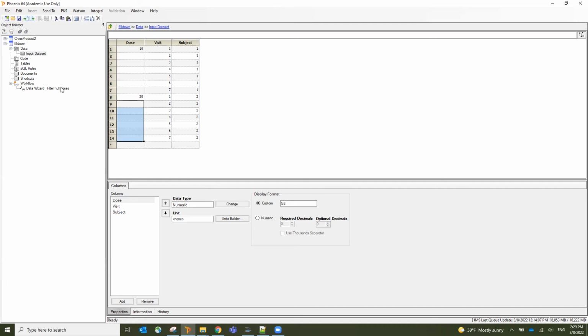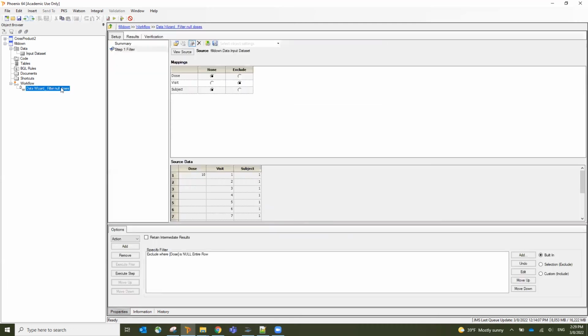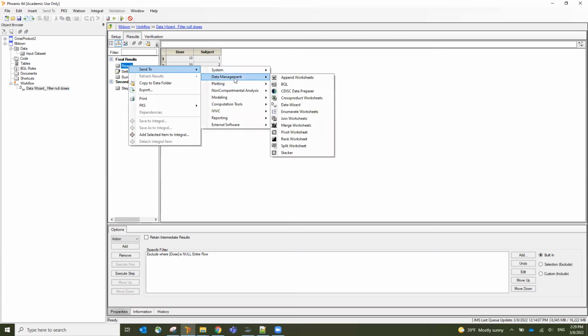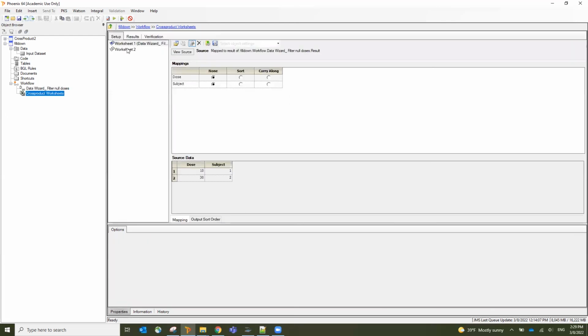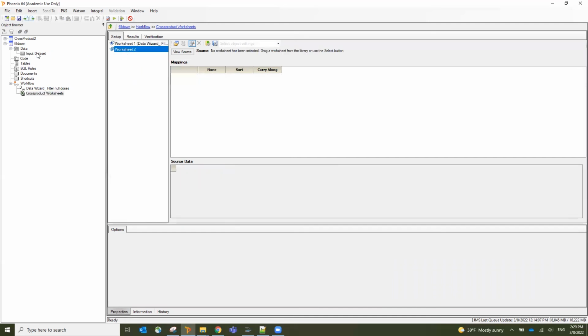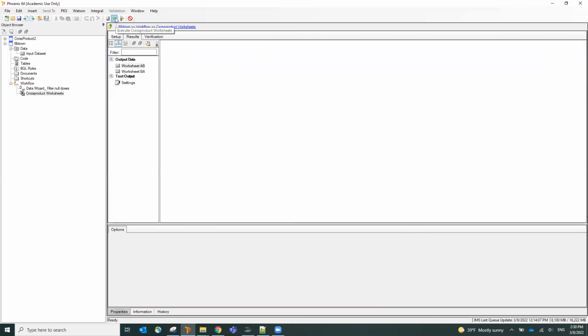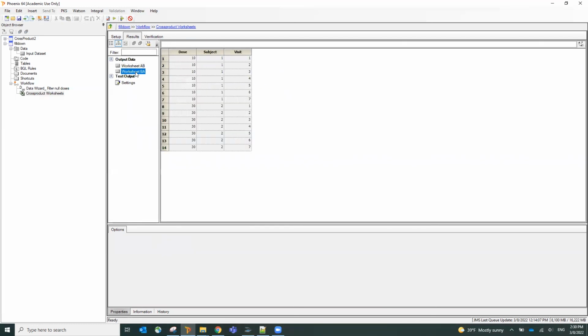To accomplish this, I first need to run a data wizard that filters null rows. And once I have this, the output is simply 2 rows, the ones that are not null for dose. Now I can take this result and I can send it to Crossproduct worksheet and then sort by dose and subject. In the worksheet 2, I can map the original input data set, the one that has these empty rows for those, and I can select to sort by subject and then carry along visit. When you execute this, you will see that in the second worksheet, I have now filled down all those doses